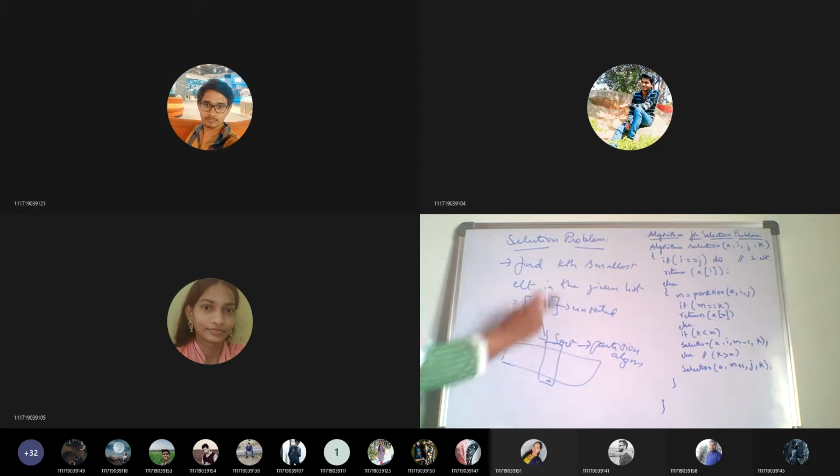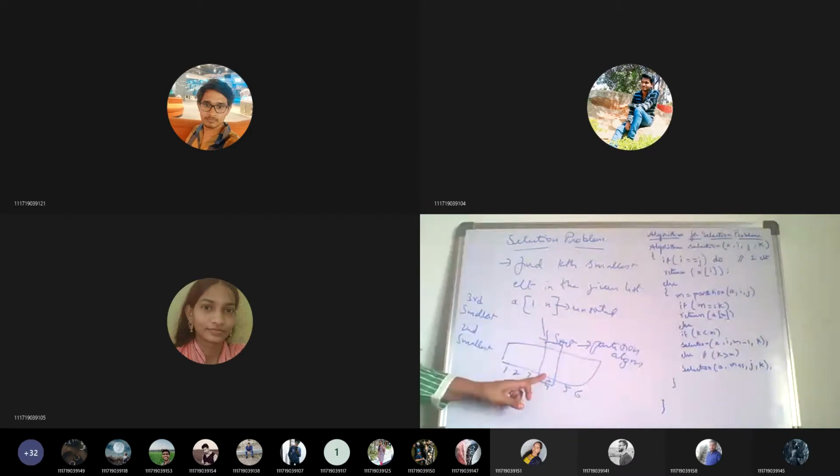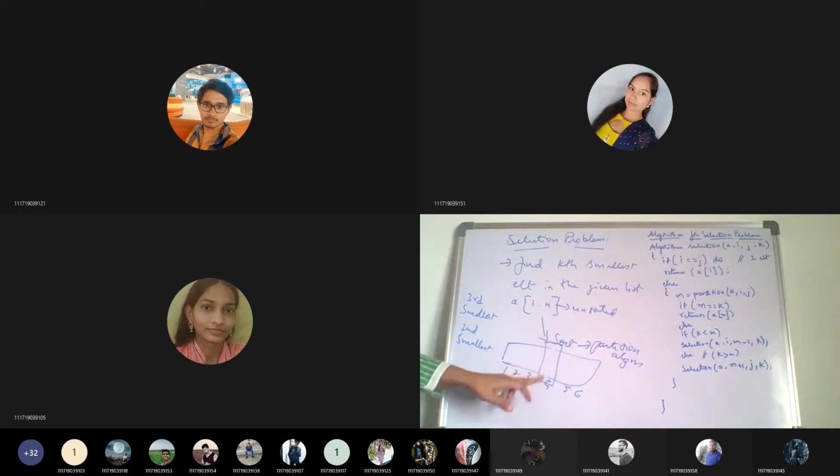Based on the index, the kth smallest: suppose the list has 1, 2, 3, 4, 5 and 6, and among the 6 I want to find the third smallest or second smallest. So first we use the partition algorithm, get the partition position, and compare that partition position.